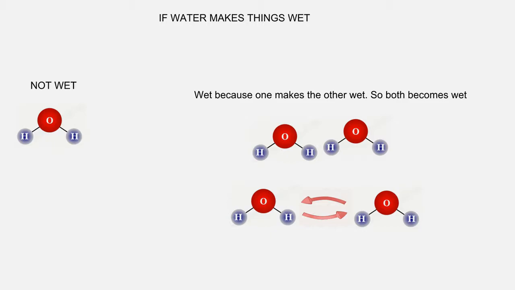If a towel isn't wet, how can it make other things wet? If water isn't wet, how can it make other things wet? If water truly makes things wet, then a single particle, molecule of water wouldn't be wet but can make things